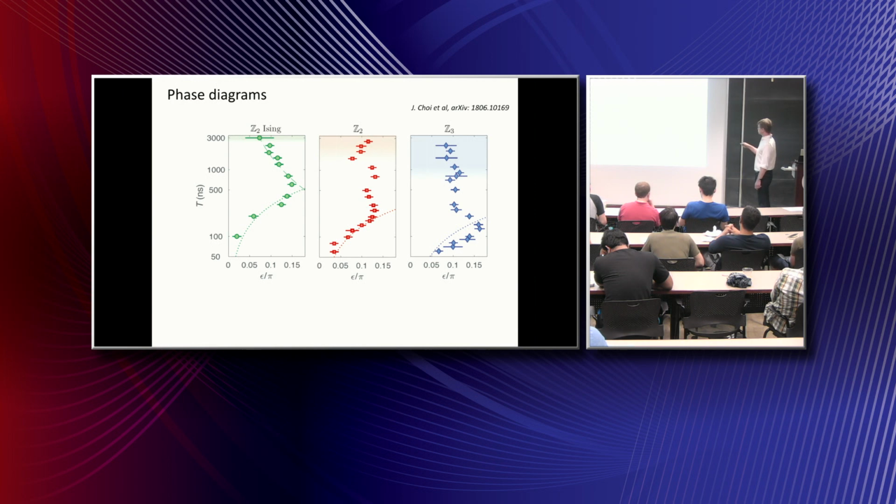These are for these 3 different cases. And what you see here is that for small interaction time, this DTS is actually even more stable for the case of Z3 than for the case of the Ising. If you go to a long time, there's some shaded area. In this shaded area, these time crystals become unstable due to dephasing. And I can maybe talk to you about that in the question and answer session.